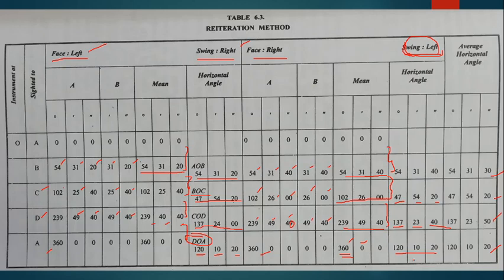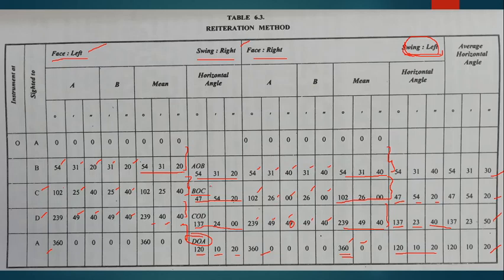And what is the advantage? When you are going to measure a number of angles from the same station, for minimizing your time, this method can be adopted. And any error due to slip can go unnoticed in the first two methods. If there is a problem of slip with the instrument, you may not know it with the general method as well as the repetition method. But in the reiteration method, as we are completing the origin, the error due to slip is calculated, and it is adjusted also. So that is the main advantage.